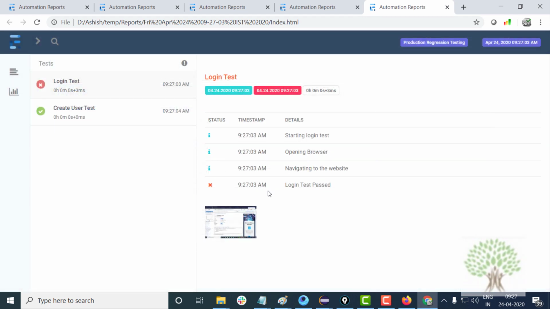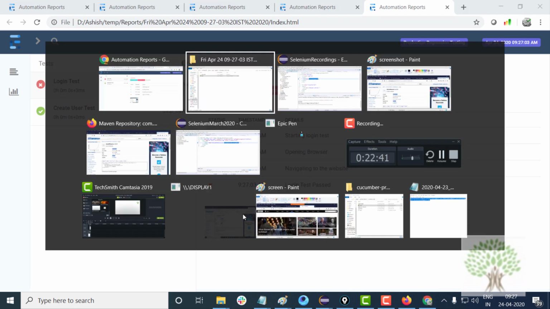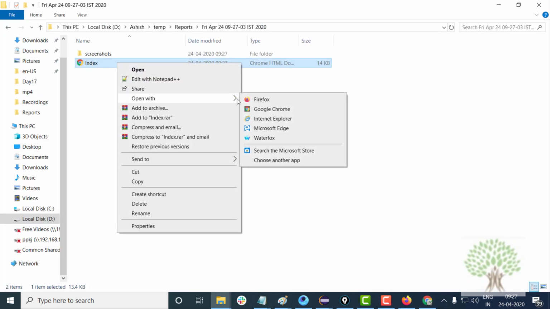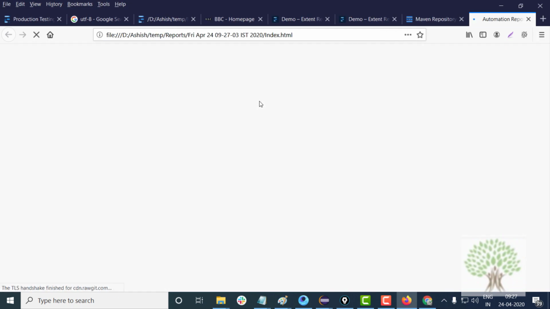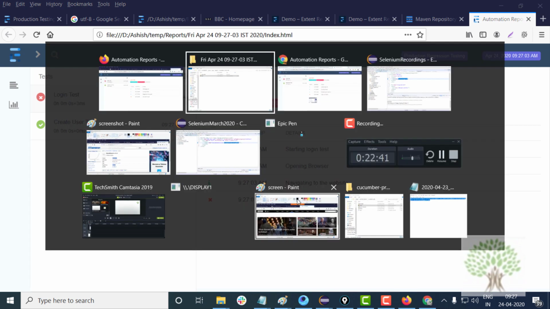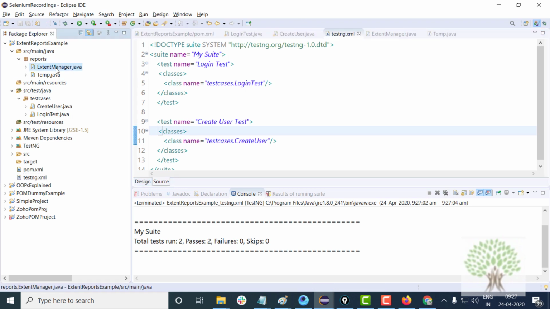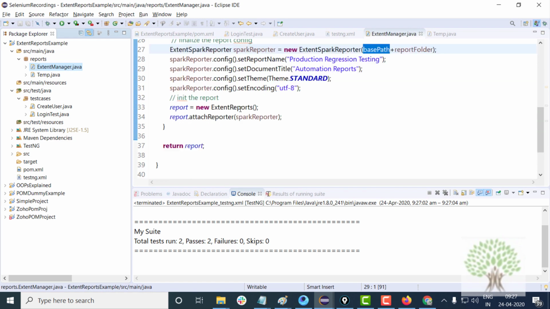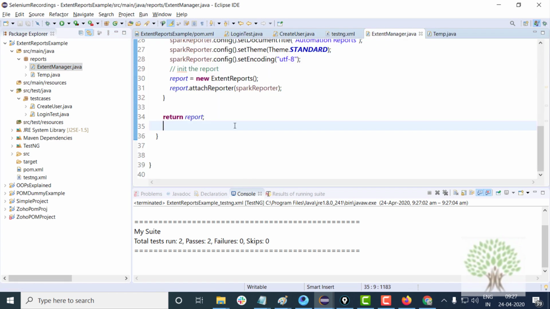Now the thing is, if I open the report in Firefox, you will not be able to see the screenshot. Extent reports are supported on Chrome as far as screenshots and all are concerned. Okay, right. So this file is really important, extent manager. It is a single location where the reports are initialized.